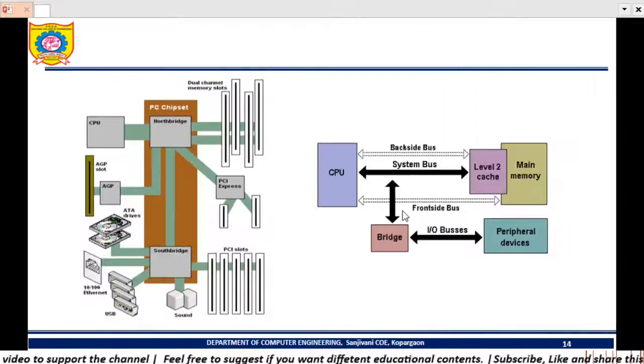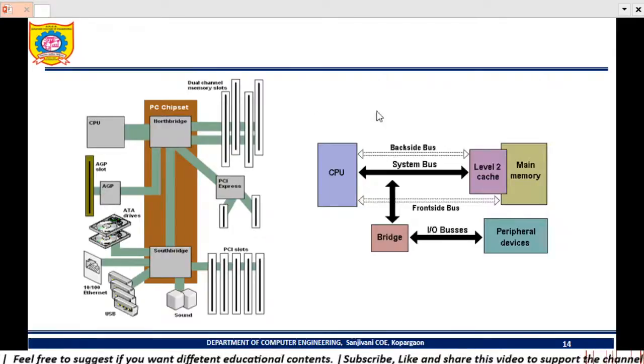Okay, so here you can see backside buses are there, and front side buses. Backside buses means your computer has a back panel, right? Where you connect your monitors. Okay, you put your USB wires at the backside. So that is the back panel of a motherboard, and it can be called the backside bus.